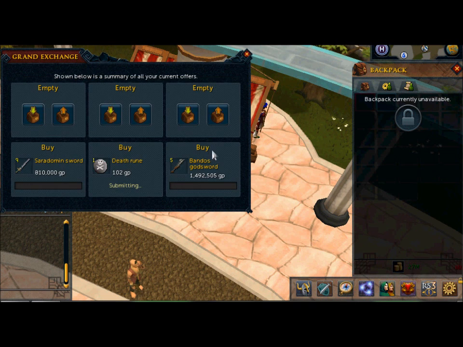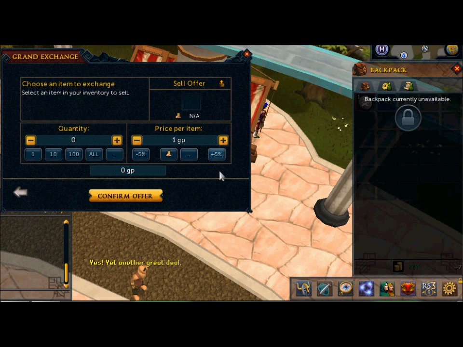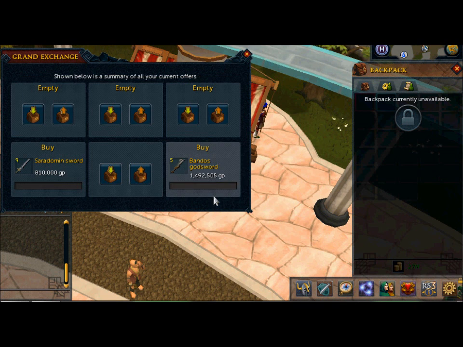margins of it are, so this death rune's buying for 95 each, and they're selling for 94. So for each 25k of these you flip per hour, you're only going to make 1 GP, so it's not really worth it. But there's a load of other stuff you can do, and one of my Banished God Swords